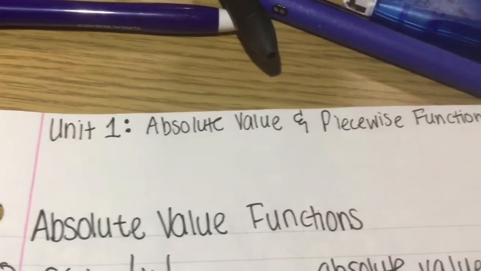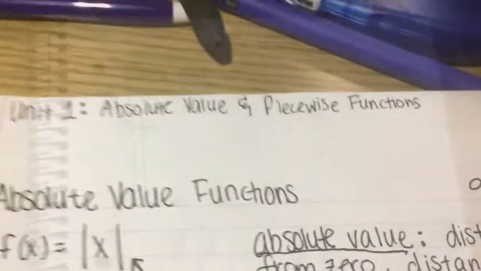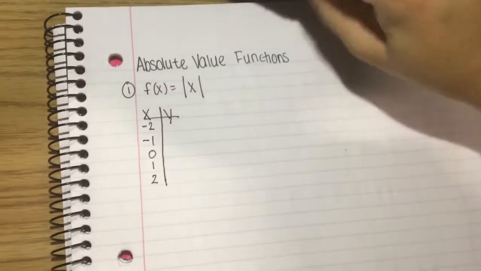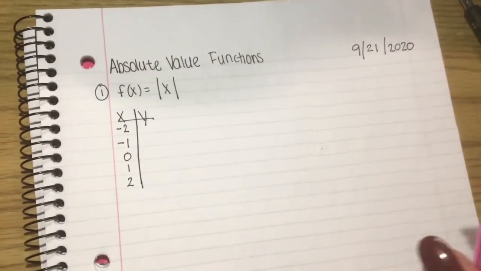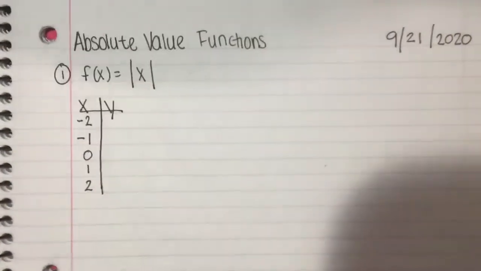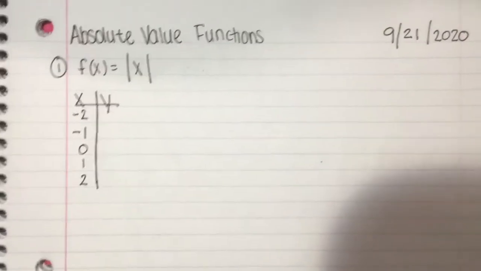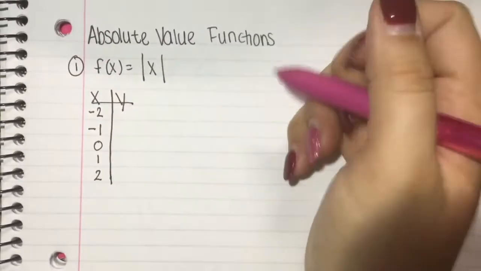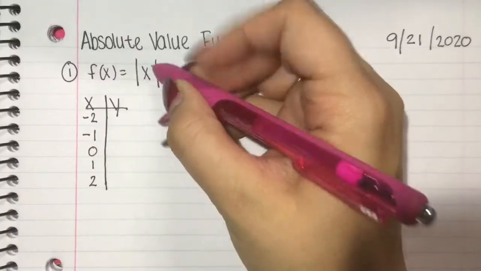Today we'll start a unit on absolute value and piecewise functions. In Algebra 2, as we look at new functions, if we don't know what they look like, we're going to make a t-table. So when I plug these numbers into this absolute value symbol, absolute value means the distance from